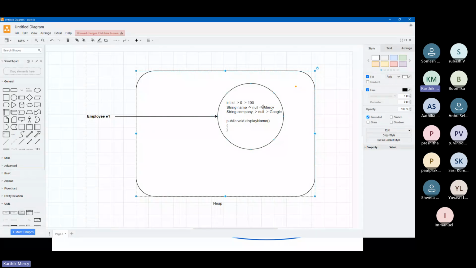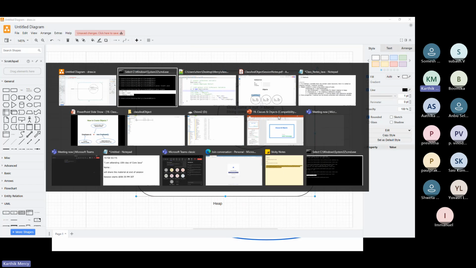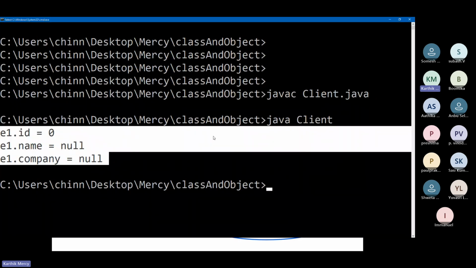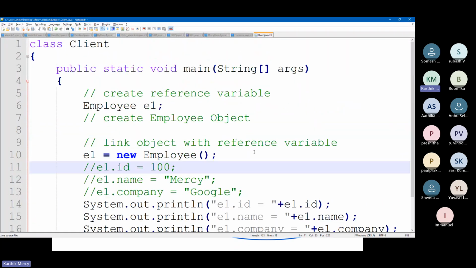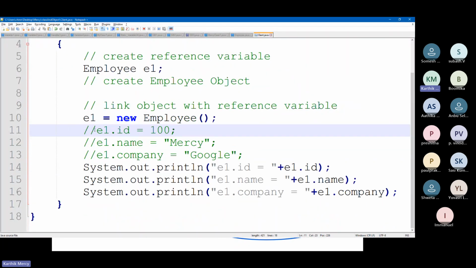It is the same thing that I have explained in the diagram also. So these are the defaults, which I overwrote with the values 100, Mercy, and Google, and we are able to see that linkage over here.